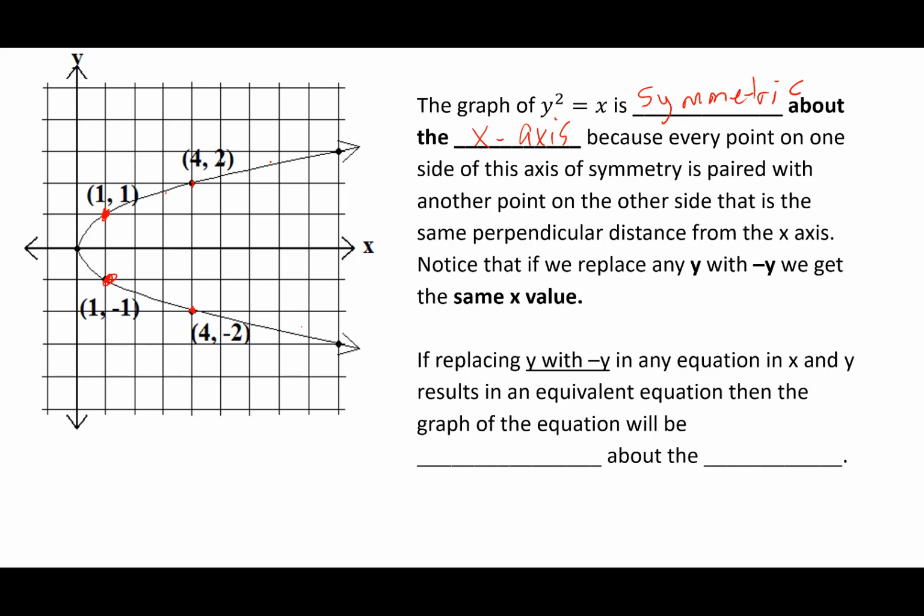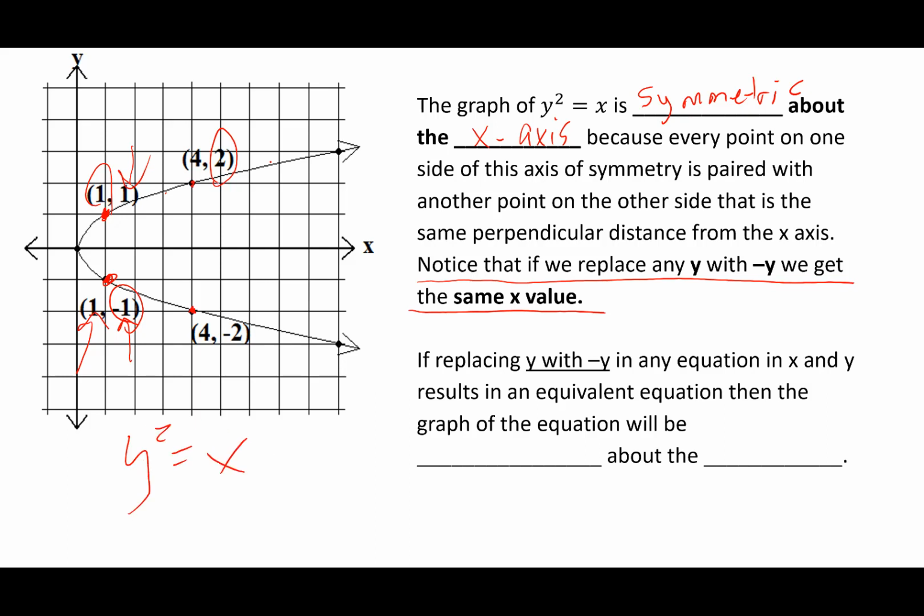And this kind of situation is very similar to what we just looked at. This time, notice that if you replace y with negative y, you get the same x value. So you see that if you have 1 for y, you get 1 for x. If you have negative 1 for y, you still get 1 for x. If you have 2 for y in this equation, the equation is y squared equals x,